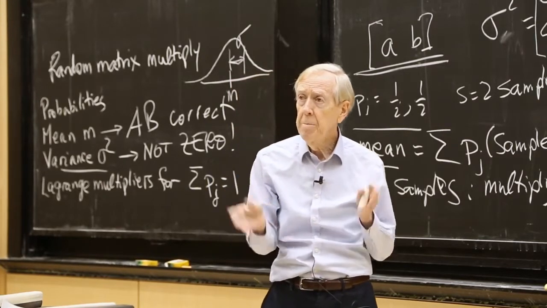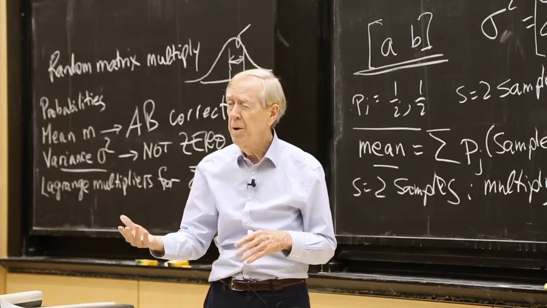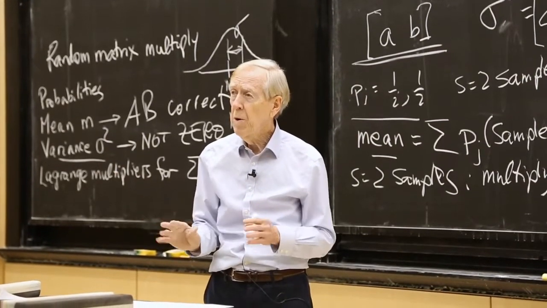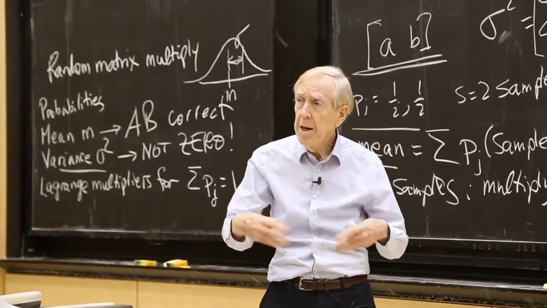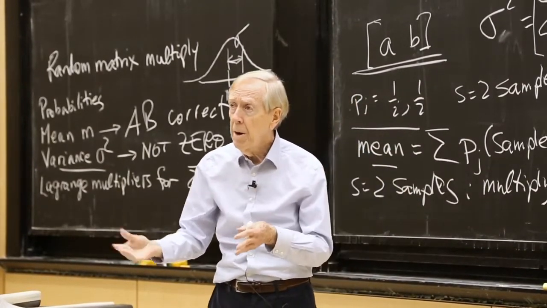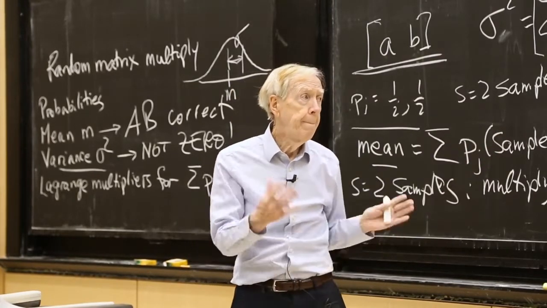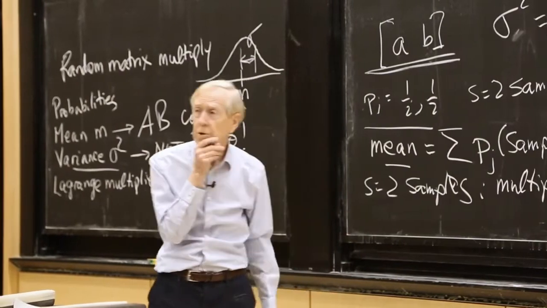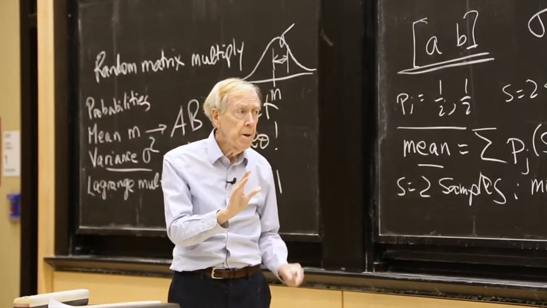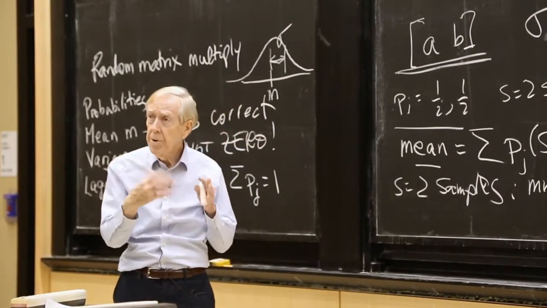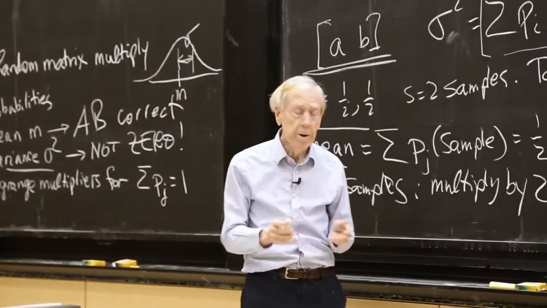Take your matrix, mix it up, take combinations of the columns with random numbers. It's a random world here. Do a mixing, and then operate on the mixed matrix. Okay, I'm going to do it the first way. I'm going to pick these probabilities, and they'll turn out to be proportional to norm squared. Ready for that? Here it comes.